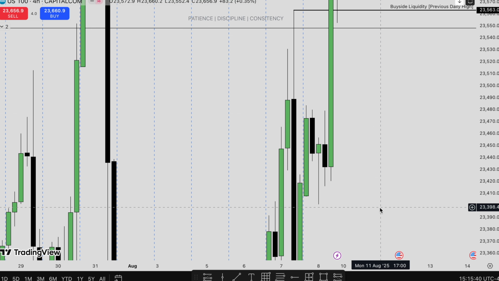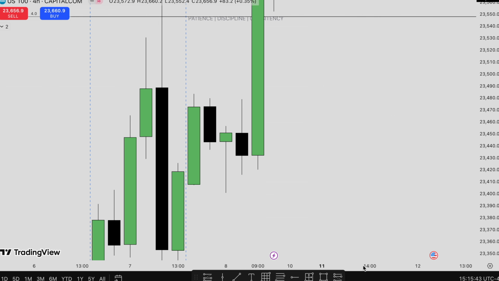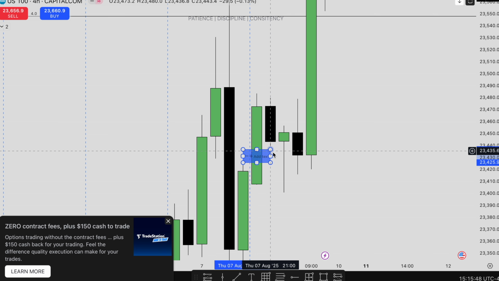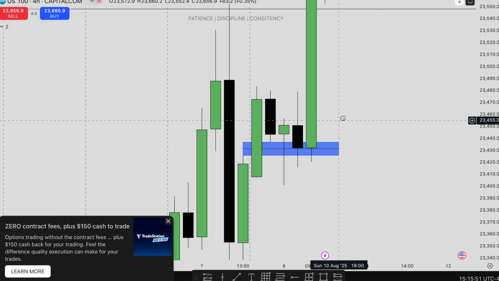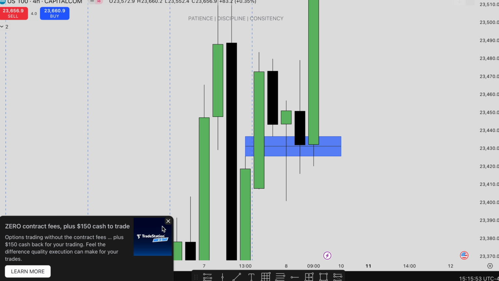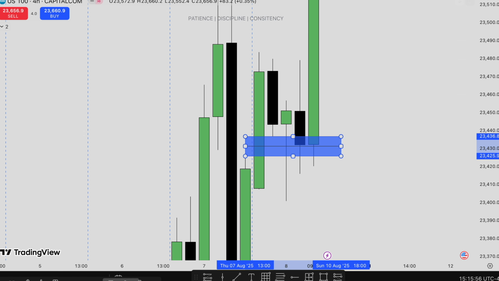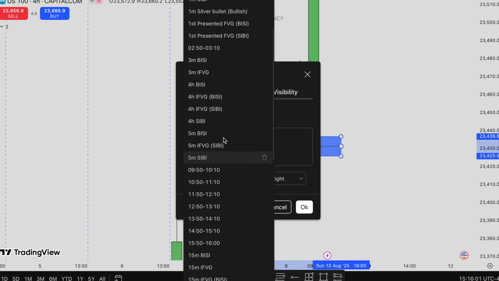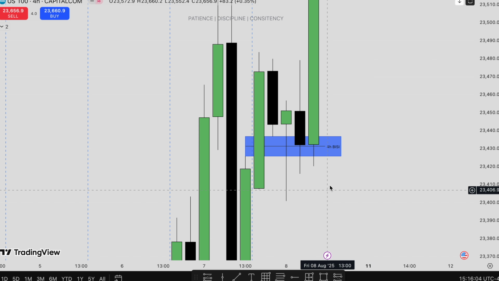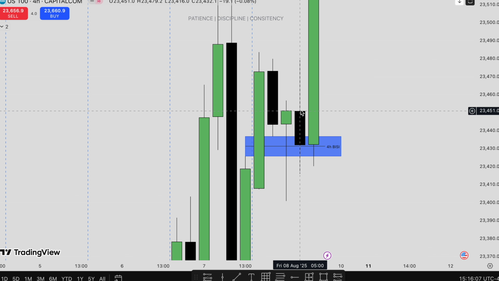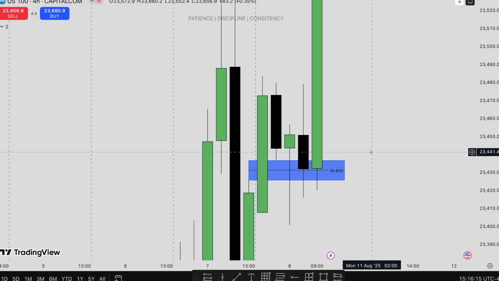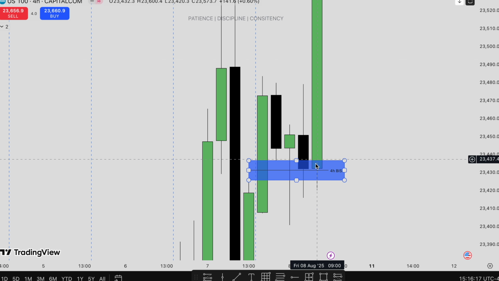on Friday. I was also looking at the fact that we have this 4 hour BSI right here. Just looking at the fact that we have this 4 hour BSI, and look at how the body just respected consequent encroachment right there. So I was paying attention to this, and this was just making me confident in looking for